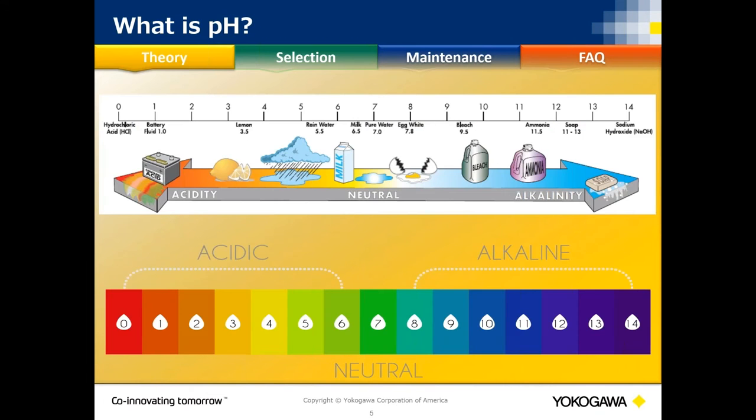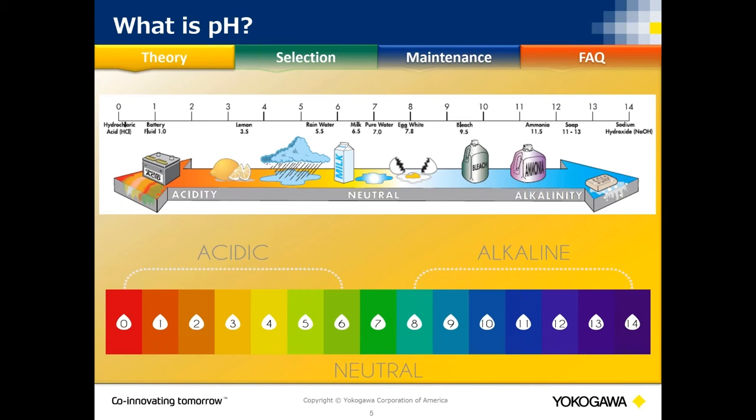So what is pH? Dick showed you the scale. It goes from 0 to 14. That is the textbook scale. In real life scenarios, we have seen it go to -2 on analyzers, all the way up to 16 on analyzers, but this is the scale. 7 is